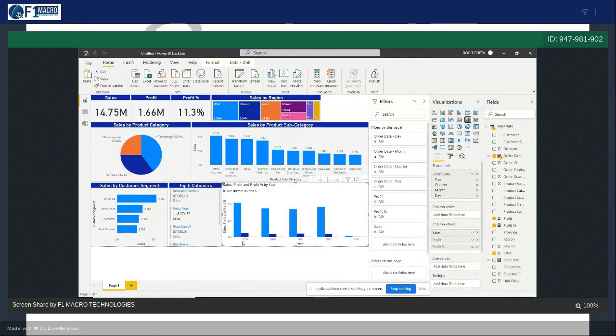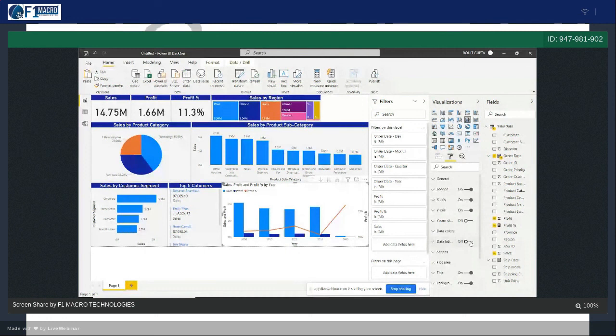Okay, you can see all the years 9, 10, 11, 12, 13. I'm just dragging this profit percentage into line values. So what will be the column values, what will be the line values? So you have to drag those attributes here only. You want to see the data labels, you can click on data labels as well. If you want to see the numbers, you can see those numbers here, right?